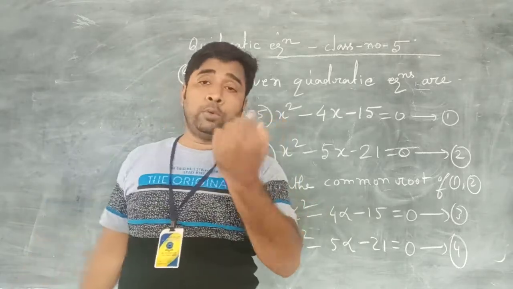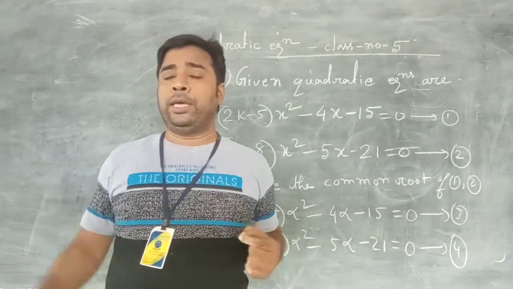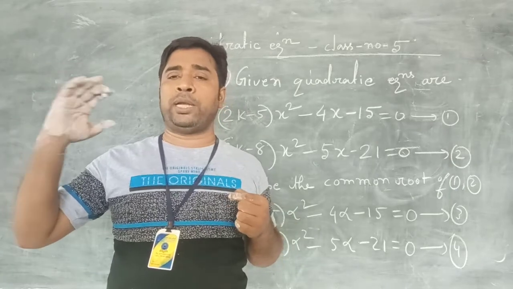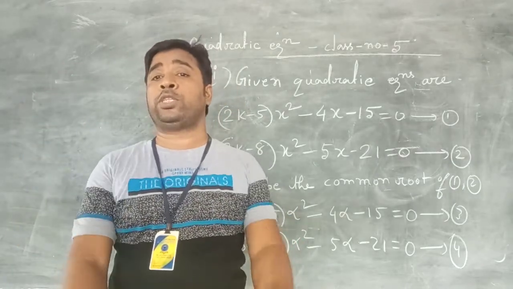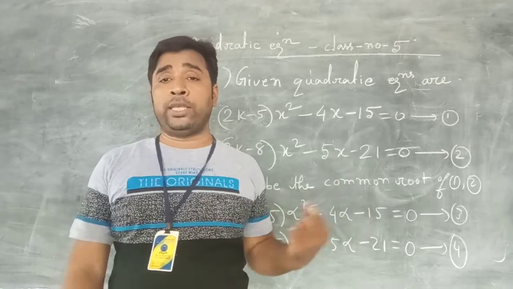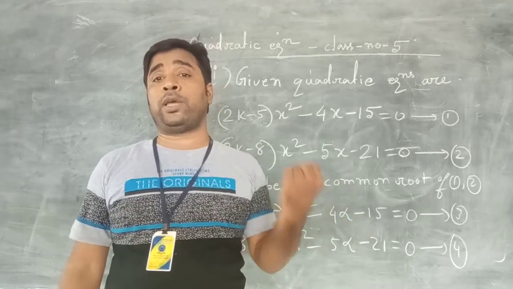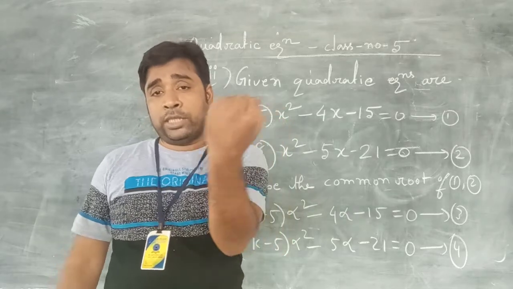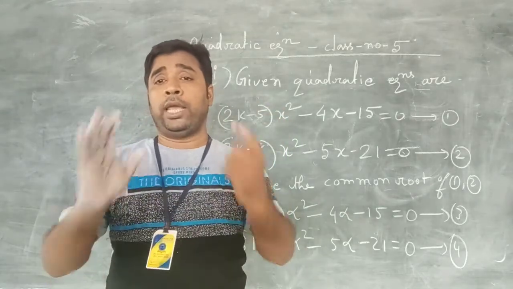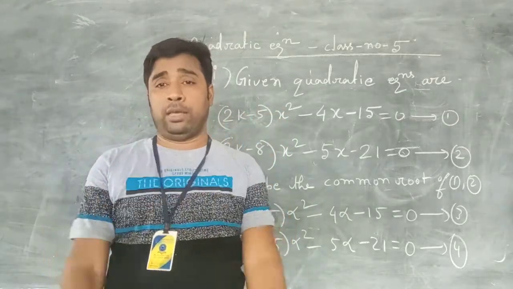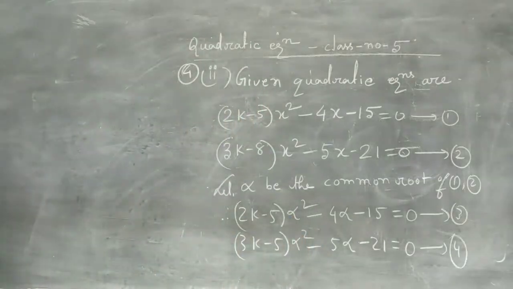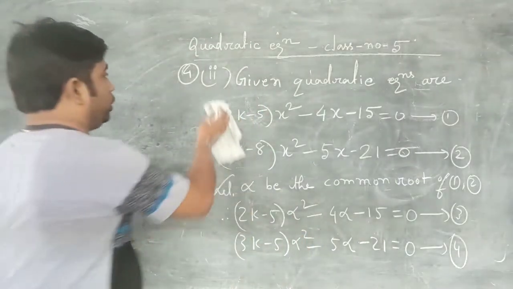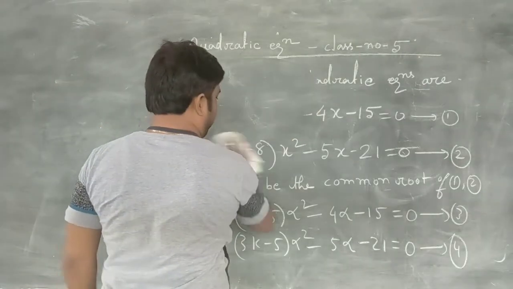For the roots alpha square and alpha, when we did cross multiplication methods in class 8, what we did, we solved the equations for x and y. But here x and y is not there. What is there? Alpha square and alpha is there. So we shall just consider that x is alpha square and y is alpha. After that we shall apply cross multiplication methods here. Okay. So let us solve equation 1 and 2 by cross multiplication method for alpha square and alpha.